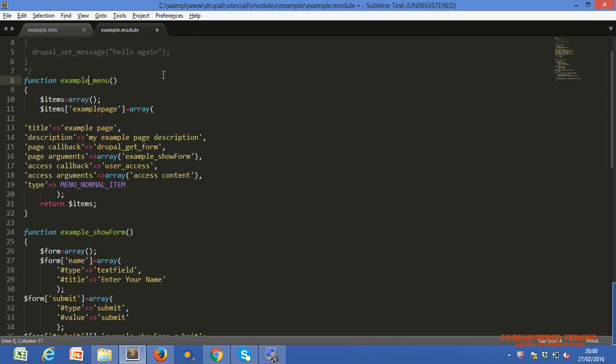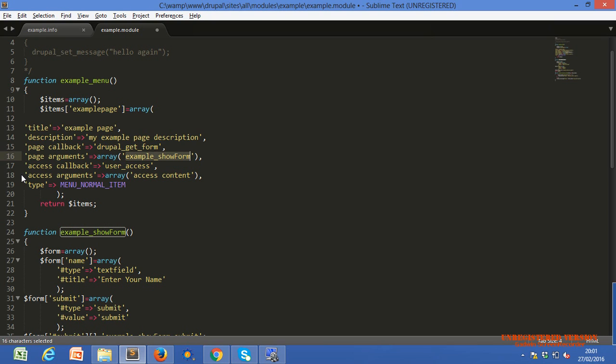So within the menu section it will appear. This is just the information, nothing else. It means what the title should be, what the description should be, and what the page callback method should be, the Drupal get form method. The page argument, whatever we use within it, like our method name, will be executed.